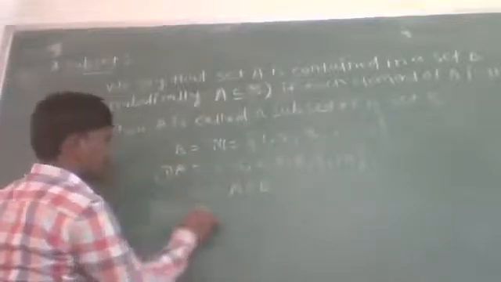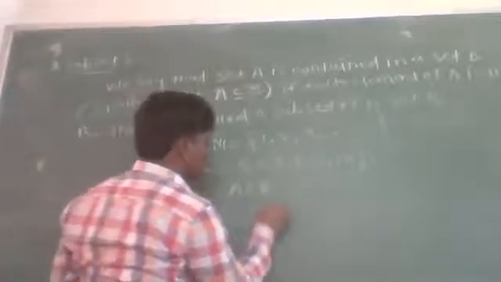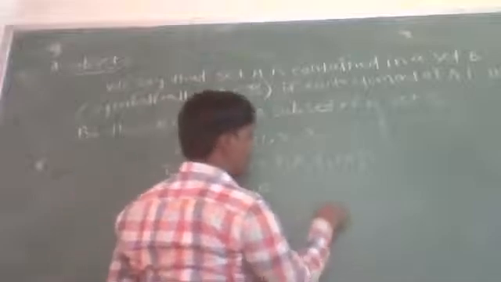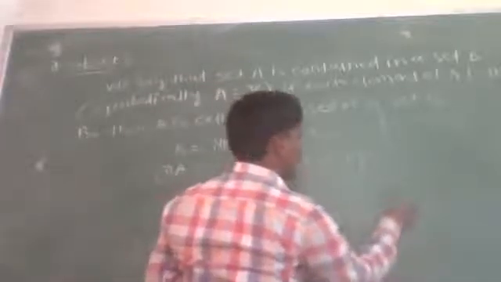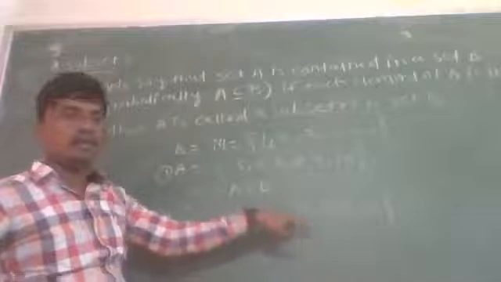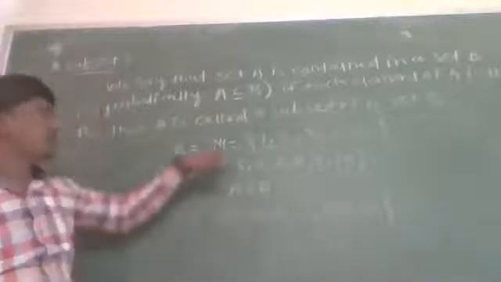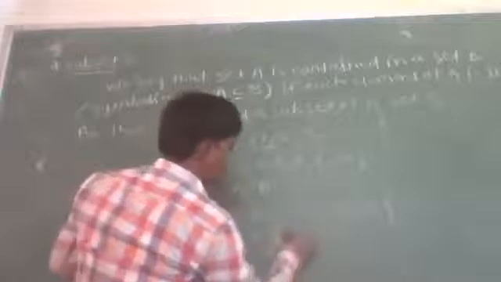If this is the first example, for the second example suppose C is a set which contains -1, -2, -3, 0, 1, 2. Now we have to check whether C is a subset of B or not. B is the set of natural numbers and there is no negative number which is a natural number, but C contains 3 negative numbers. So C is not a subset of set B, which can be denoted by C is not a subset of B.